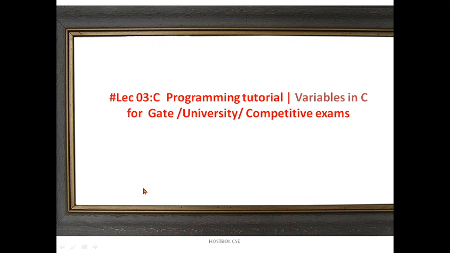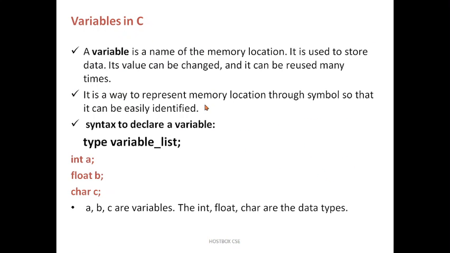In the previous sessions I explained the syllabus, followed by the tutorial session called tokens in C. What are the types of tokens? Keywords, identifiers, constants, and so on. Today we are going to see the topic called variables. It's a very easy one. A program means what? Instructions and data. Remember. So let's see.